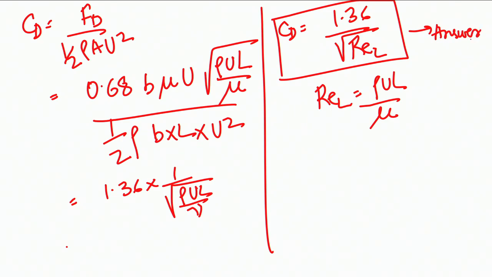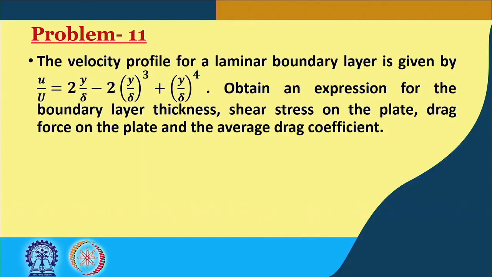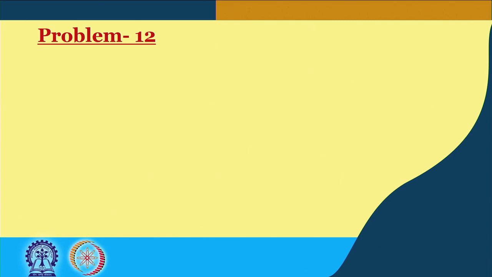So this is how you have seen that for any velocity profile we are able to find out almost all the parameters that we know. Okay. So what we do is we will stop this lecture here and resume with a problem in the next class, and then we will go to the final chapter of the boundary layer analysis. Okay, it might require 1 or 2 more lectures. Thank you so much.